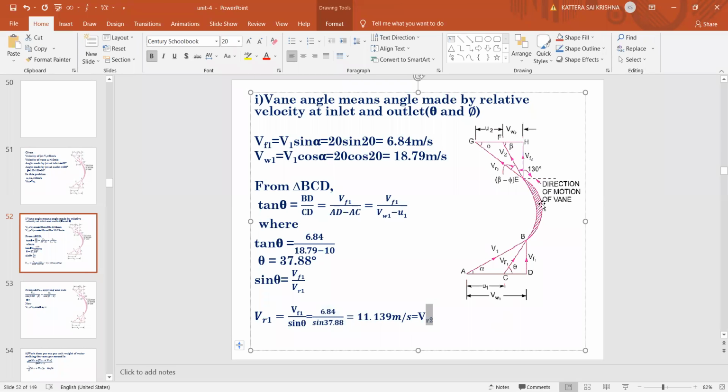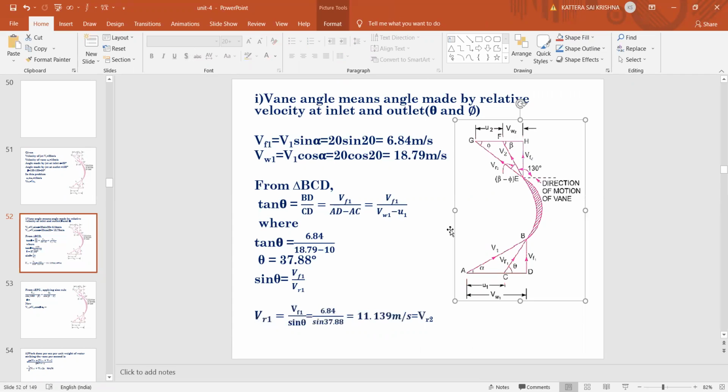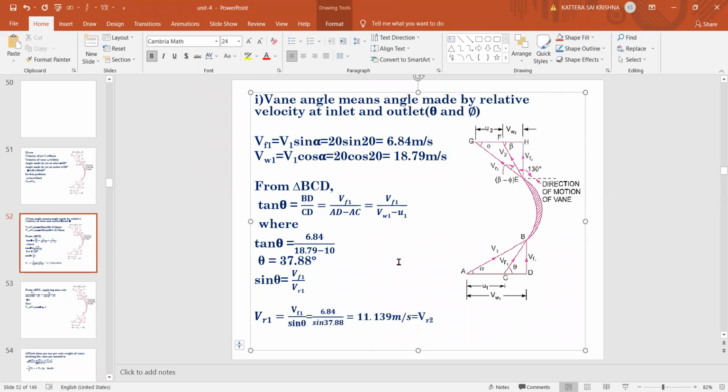Okay. So for solving this one, we need VR2 because we don't know any velocities up to now. V2 is not given, VF2, anything is not given. The only thing which is given is the angle, that is this one. We got beta equal to 50 degrees, except that we don't have anything. So that's why he said that we don't have any losses or any shocks. So VR1 is equal to VR2. So there is one more condition for us now. Then only it will be easy for solving the remaining unknown terms here. If you have copied this, just inform, we'll go for the next slide.